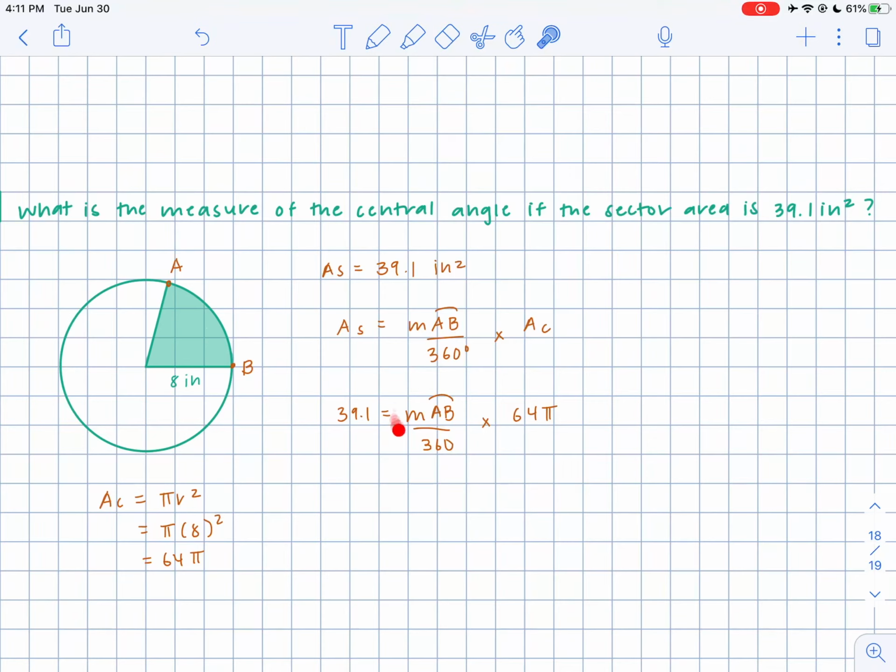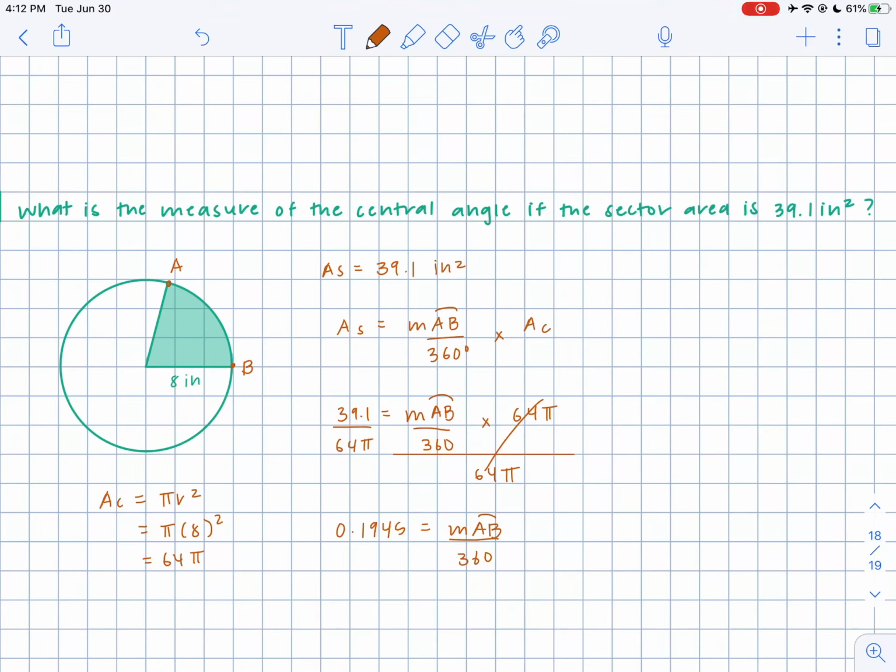This 64 is sort of coupled with this, so let's get rid of that. How do we do that? Divide this entire side by 64 pi. It cancels out, and then you have to divide both. You have to do the same thing to both sides because we have an equal sign. So what is 39.1 divided by 64 pi? Let me ask my calculator. So that is 0.1945. And then we have MAB